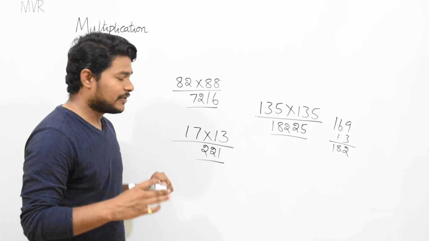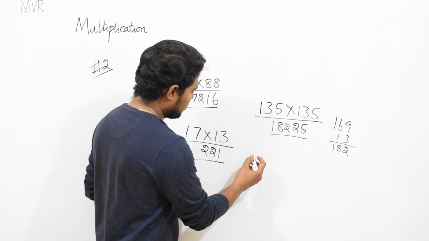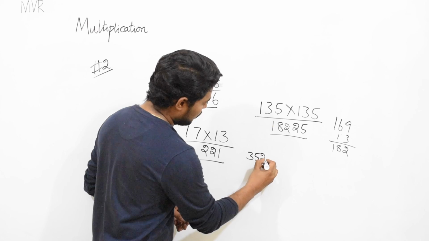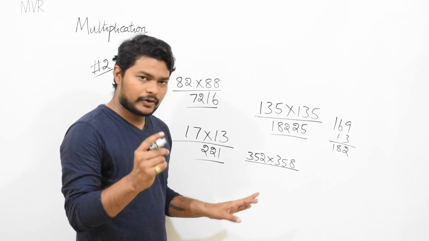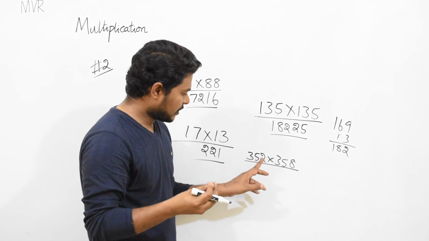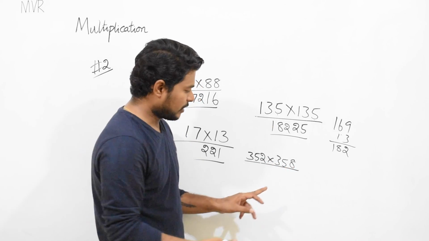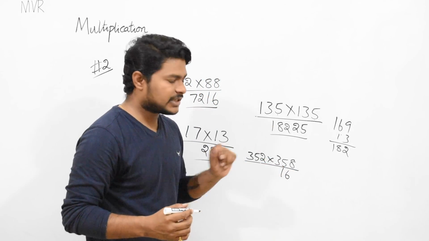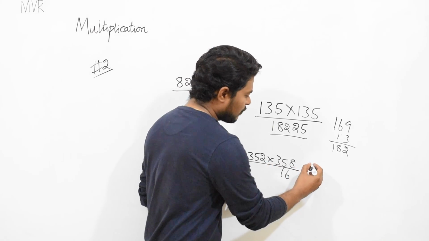Okay. Now in this we will see another example. 352 into 358. Now if you observe 2 plus 8, the units place if you sum, that is equal to 10. In that case, what you need to do? 2 into 8 is 16, we need to write, and 35 into 36 we need to write. Okay, 35 into 36. 35 square will be